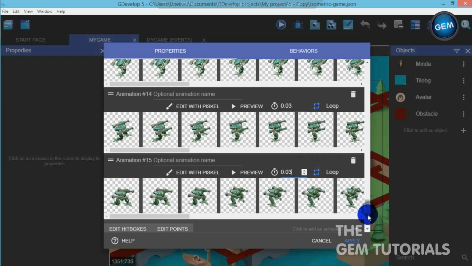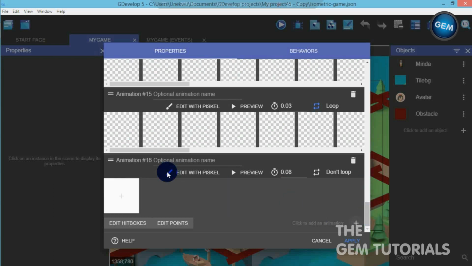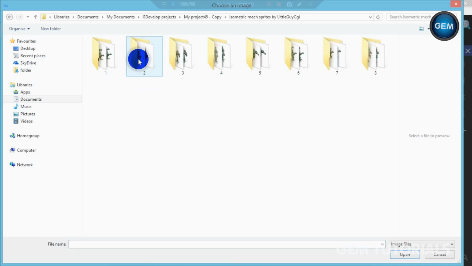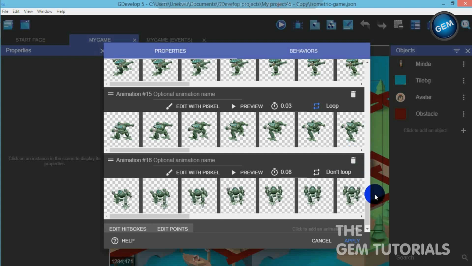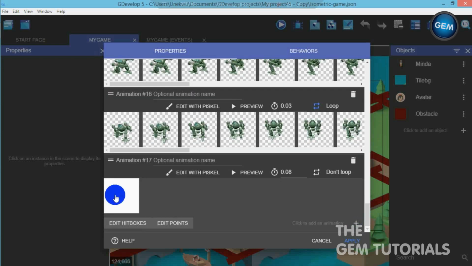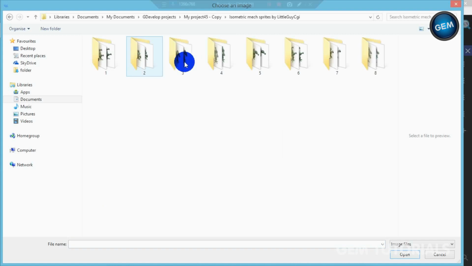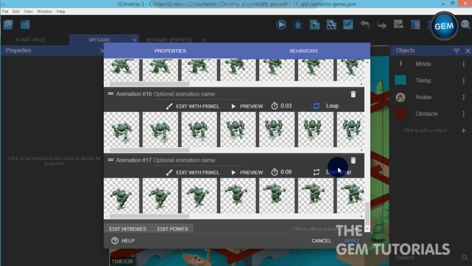0.03. Add another animation. This will be up now. Click on that, isometric up, here's these, let's select that and open, loop, and 0.03. So let's add the last animation, that will be right up. So this is actually all the directions. Open, loop,